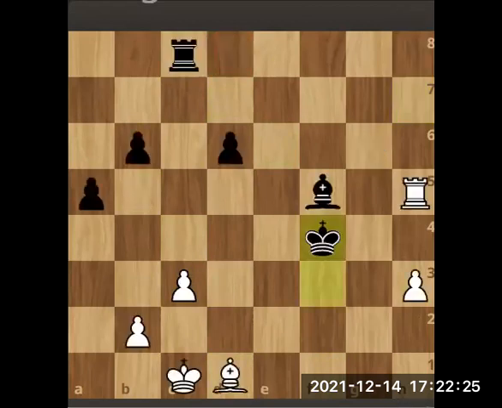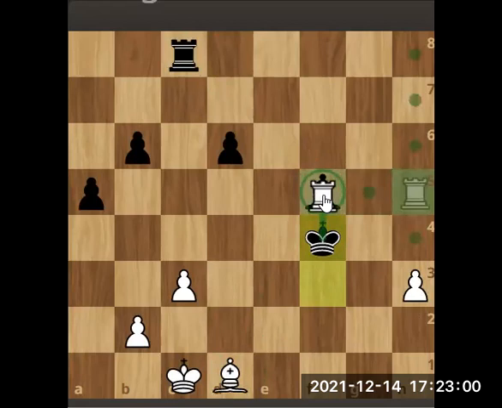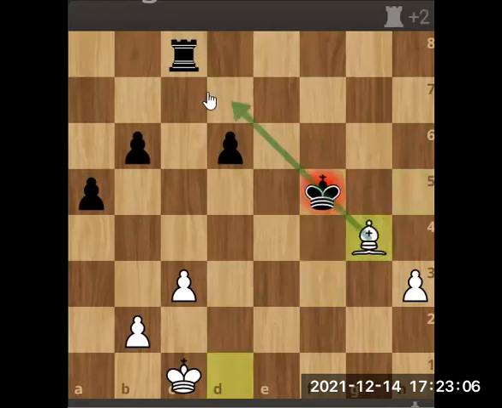Now, gearing up for the third one. This is the third puzzle. So we notice that these two pieces are along the same diagonal. And if we get another valuable piece here, we can somehow manage to skewer it. Now, what is the most valuable piece in the picture right now? That's the black king. So what do we do? We bring the black king along this file onto this square. So we make a temporary sacrifice, then takes, then we make a skewer.